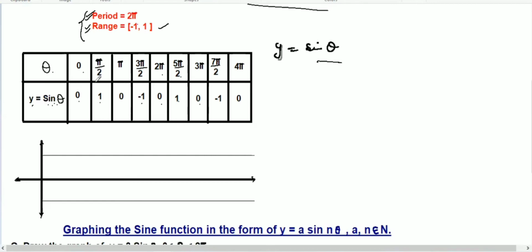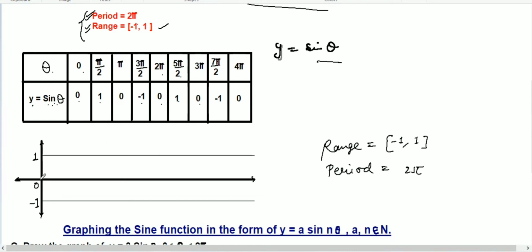And what you can do, here it is 0 degree, and we know that the maximum value of the sine function is 1 and the minimum value of sine is minus 1. This is the range, so write down range equal to, always this way write down range, first the minimum value, minus 1 and 1. And we know the period of the sine graph is always 2 pi.